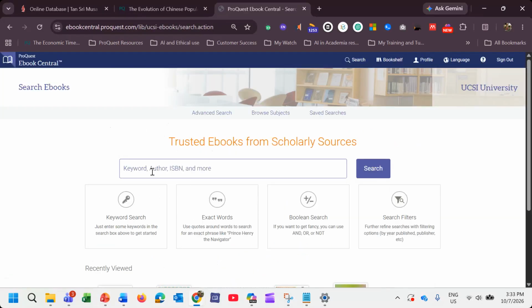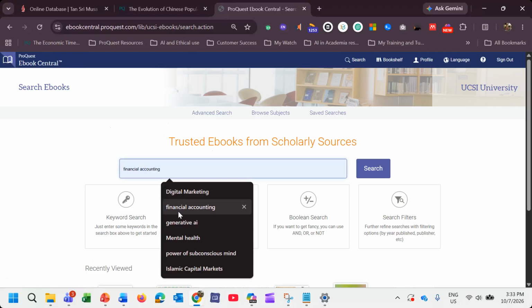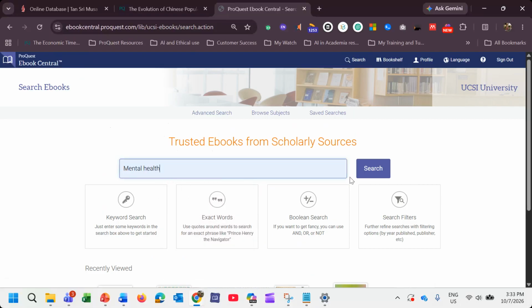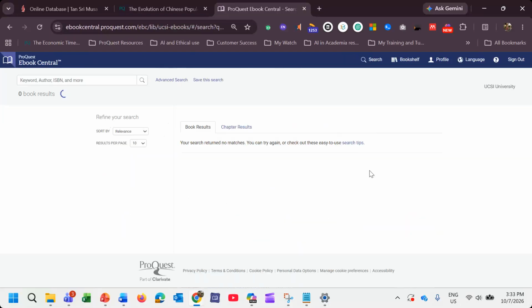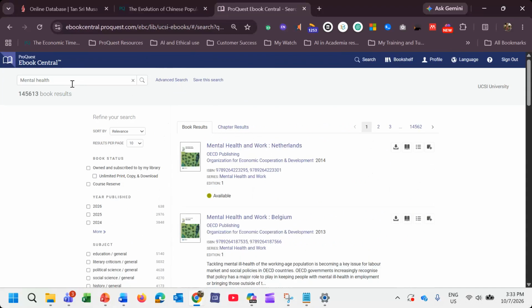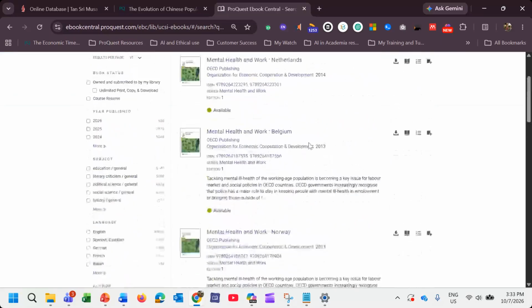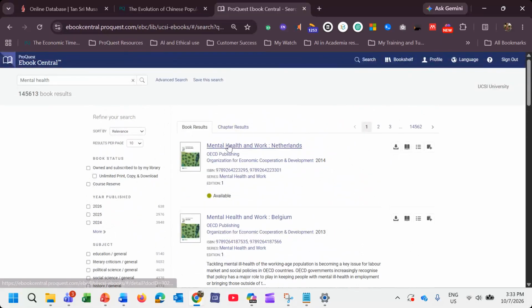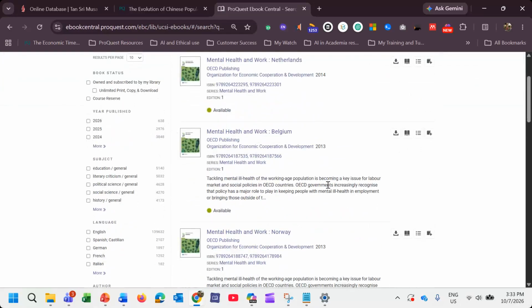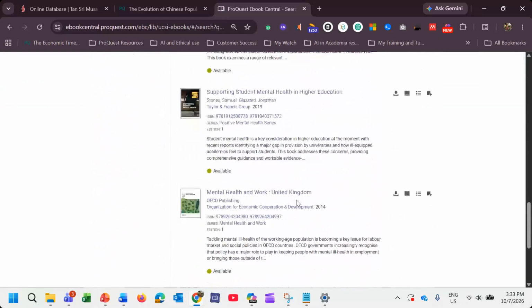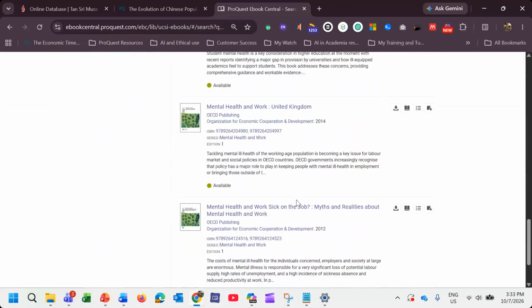But if you already have a key term, the keyword, or the author's name, or the ISBN number, then you can just type it here. Say I want to get books on mental health, for example. Just type it in. So when I type mental health, of course I get so many books on mental health, because it is not necessarily the title that carries mental health, but it can be content within the discussion of the book.